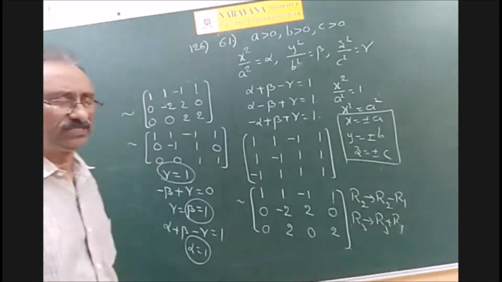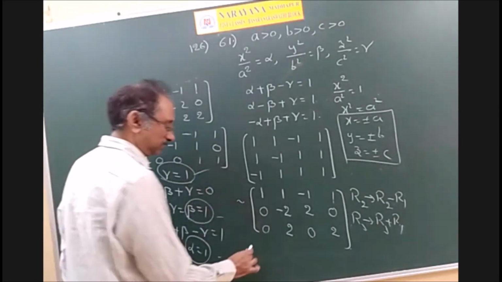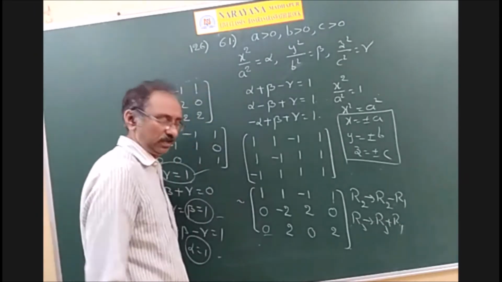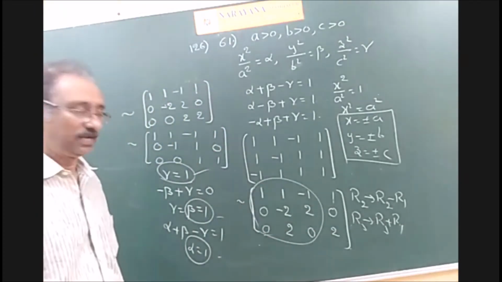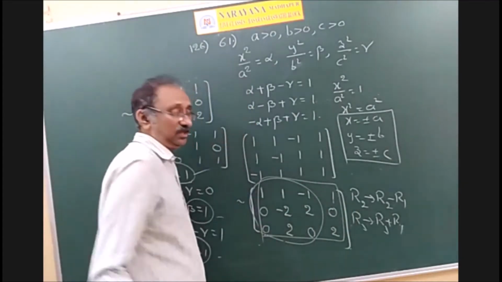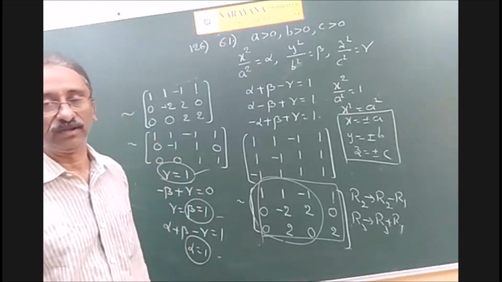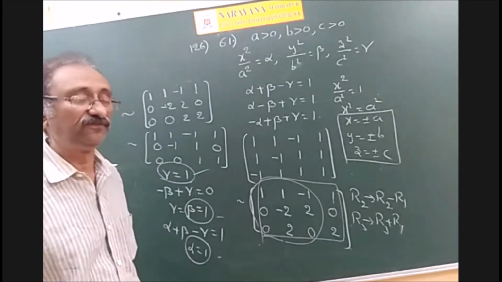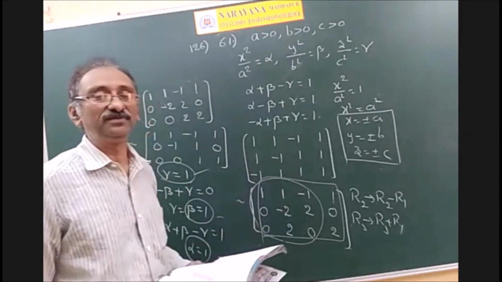So you may make a mistake. Suppose you get up to this or just up to this only. Sir, it is the rank of A. It is in echelon form, sir. Rank of A is equal to 3 and rank of AB is also 3. Number of variables is also 3. So rank of A is equal to rank of AB is equal to 3. Therefore, the system will have a unique solution, sir. So why infinitely many solutions, sir?